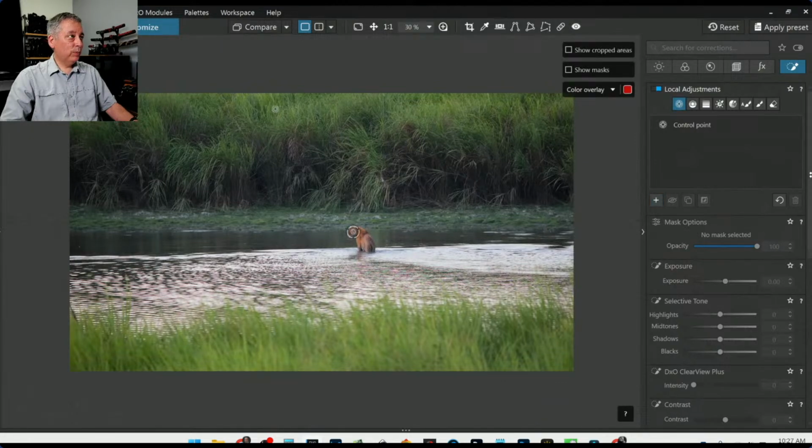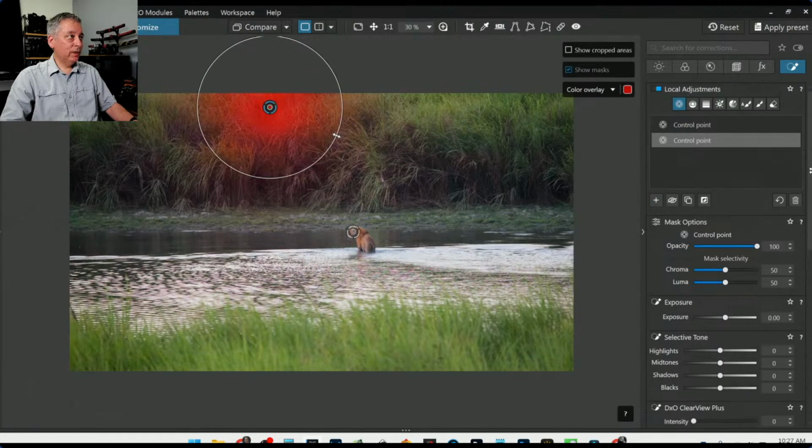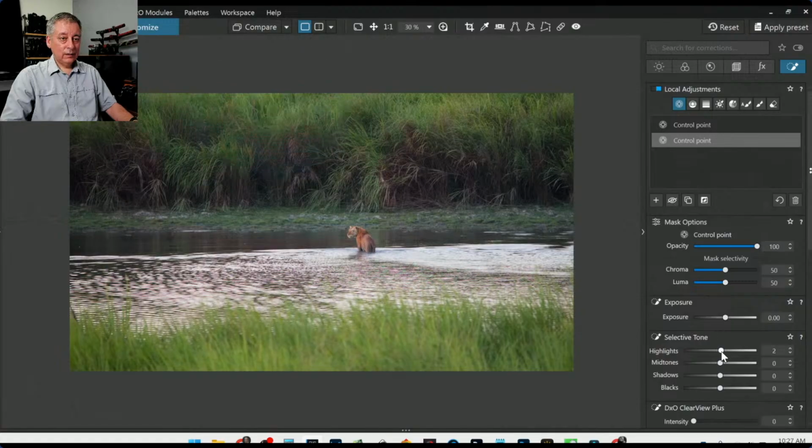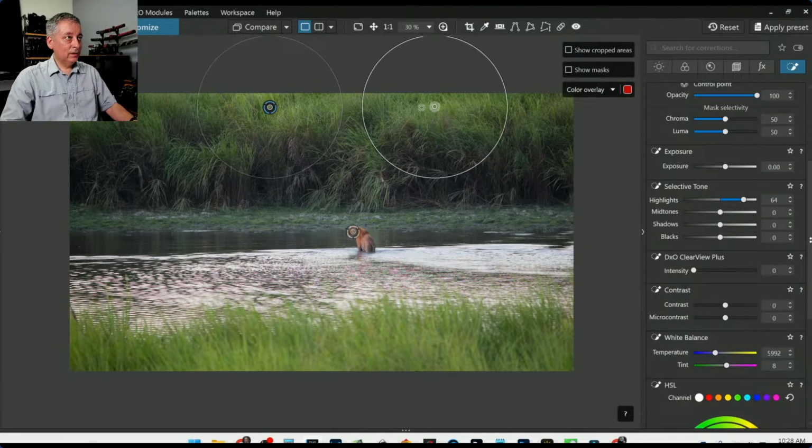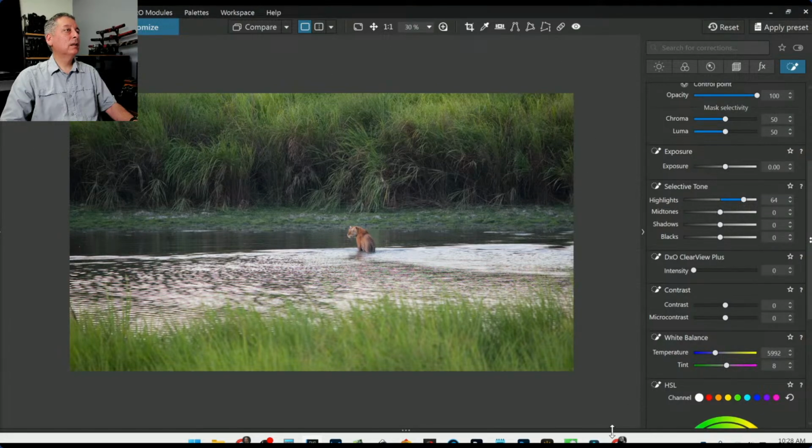Now another control point for this kind of leafy area. Let's just push the highlights and add a little bit of warmth. Again, just 200 or 300. Yeah, right about there, about 500 Kelvin. And just push a little bit of light into some spots there. And then let's